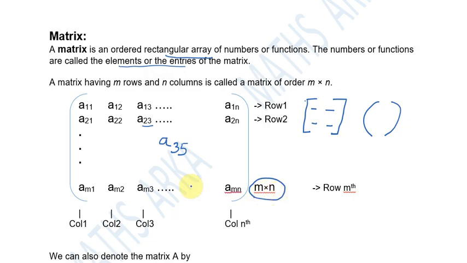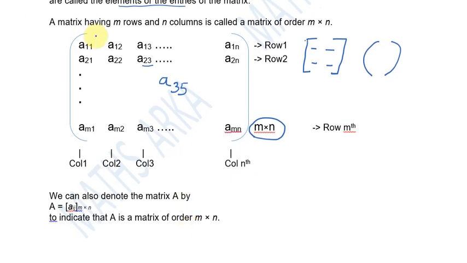Now it is not always possible to write the matrix in this bigger form. So we have one short way of denoting this matrix. The short way is denoted as Aij, and after that, outside it, we would have the order. The order would be the same as what is present.